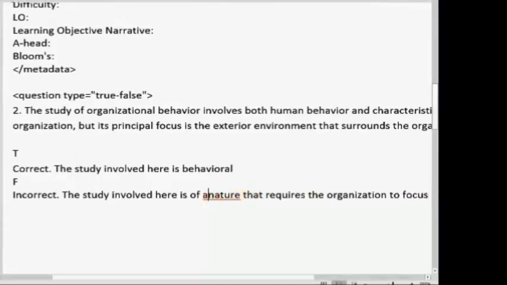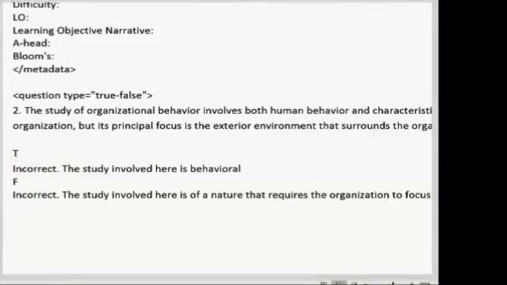So these do not need to be the same feedback. They can be different feedback. But these correct and incorrect are really what are telling us how to answer this question. If instead I had incorrect up here and correct down here, then the answer to this question would be false